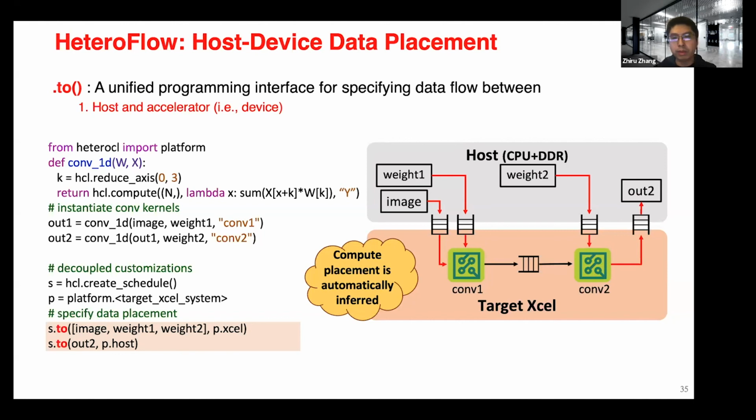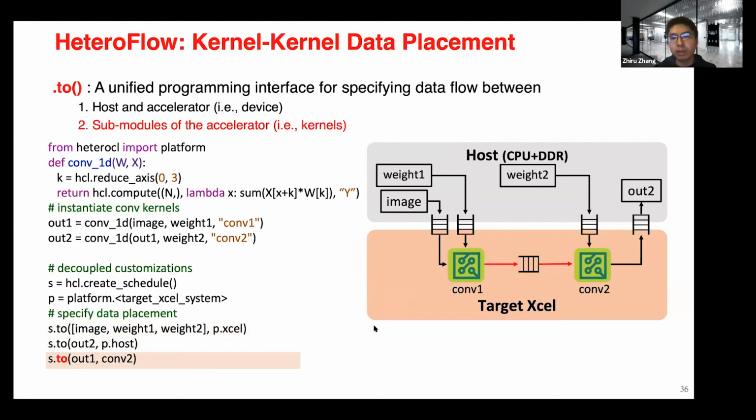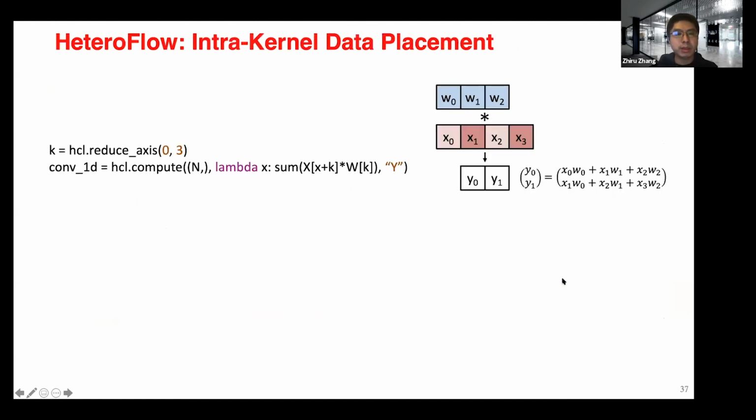The nice thing about .to is the communication or the data movement between the sub-modules within the same accelerator. Over here, we are using a third .to. This is basically that we want to do data streaming between 2 conv modules, from conv1 to conv2. And even better, we can do the decoupled data placement at an even finer granularity. So if we zoom into this 1D convolution kernel,